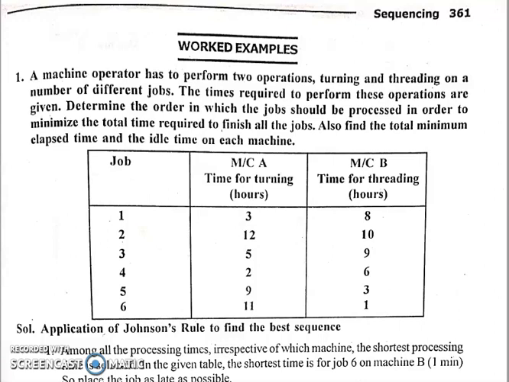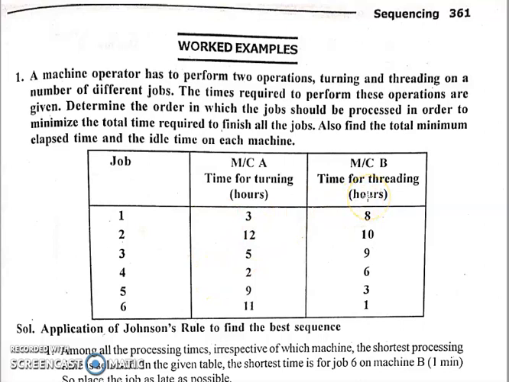So here there are n number of jobs and there are only two machines. So in this kind of a problem, how to find out the total minimum time to complete all the jobs and what is the idle time on each machine A and B. So there are two machines and this is the time in hours they have given, which are the processing time of these particular jobs on this particular machine, and these are the processing time of all these jobs on this particular machine.